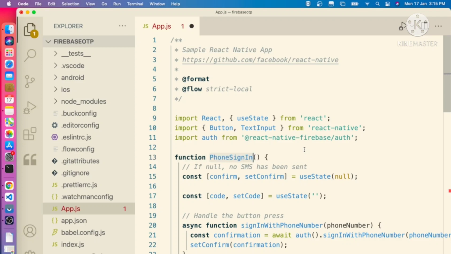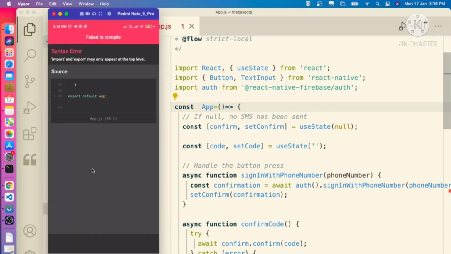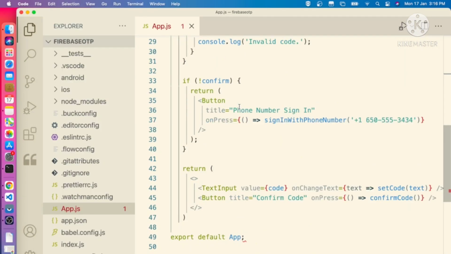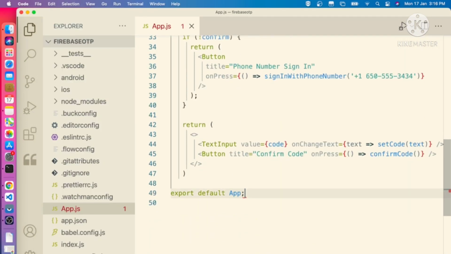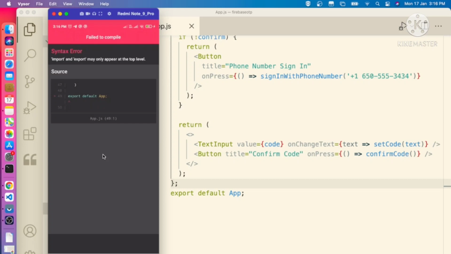Yes, you can just make this a functional component, const App. Fine. Now let's see, we can just refresh it. Yes, const App is here. We have to close this here, and we can just refresh this one.